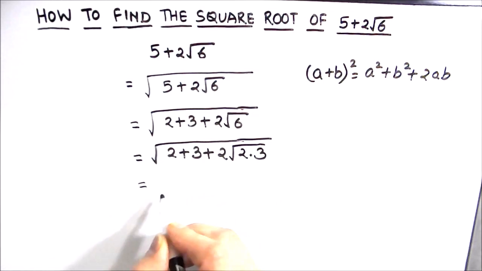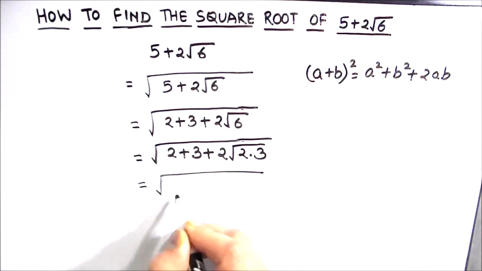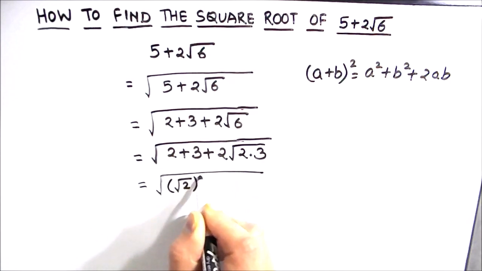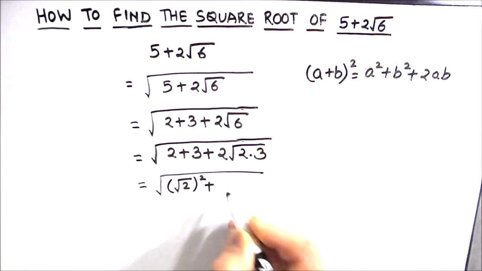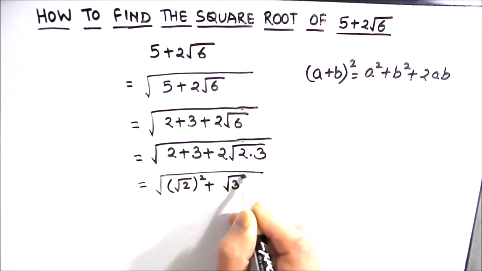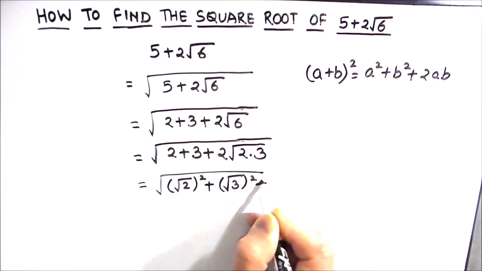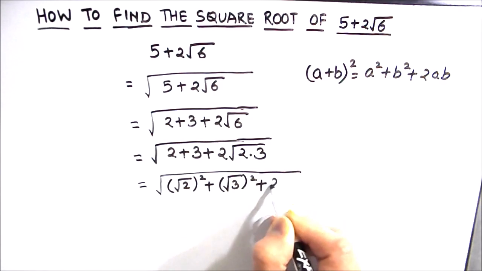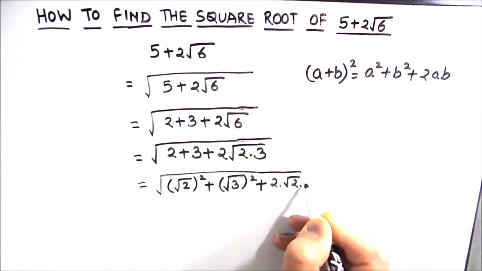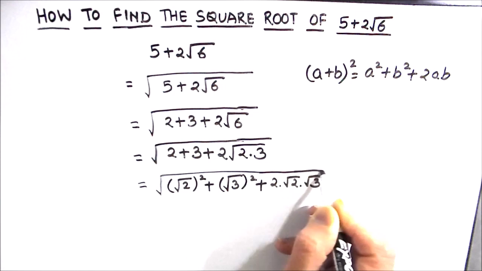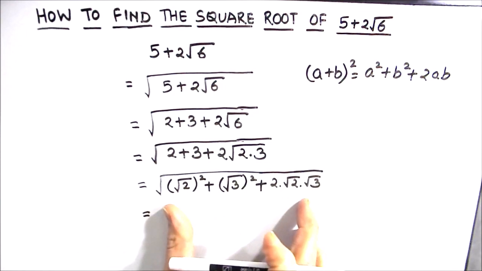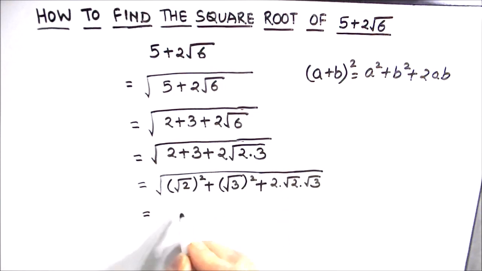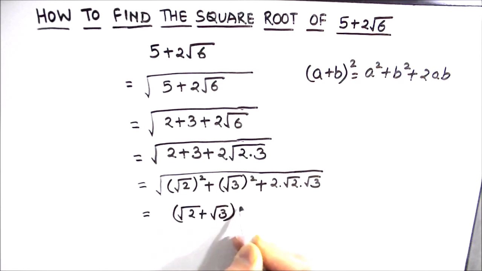So we can write 2 as square root of 2 whole square, and 3 can be written as square root of 3 whole square, and this is the term 2 times a times b. So this full term is now simplified to root 2 plus root 3 whole square